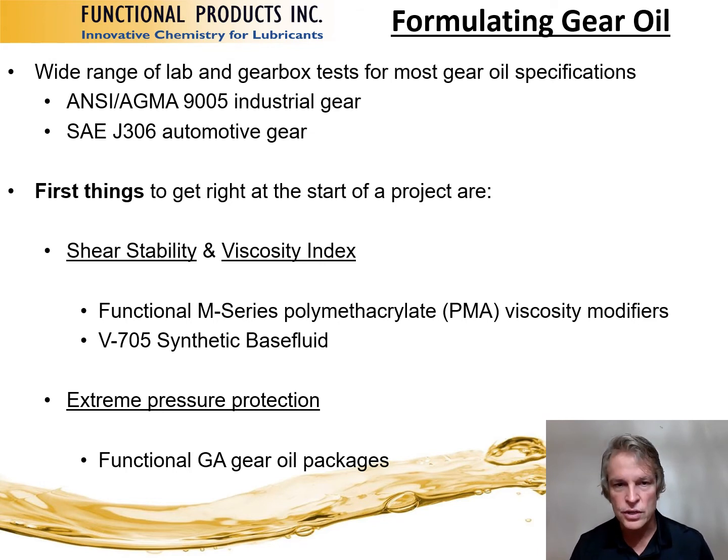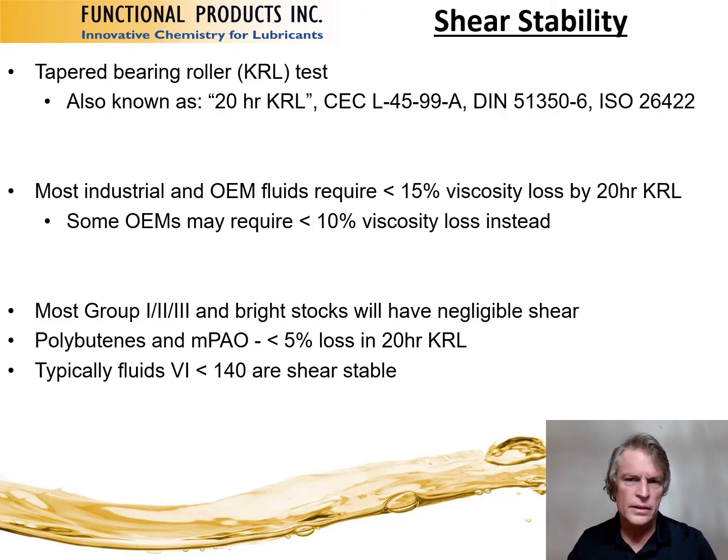And so I want to show you a couple of things around polymethacrylates, because we have polymethacrylates on our line, and then something new, this V705 synthetic base fluid. And then I'll also show a little bit of data with our gear package. So, shear stability, how we measure this and how a lot of things are looked at, from hydraulics to gear,